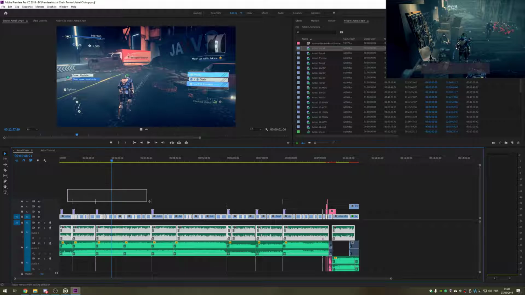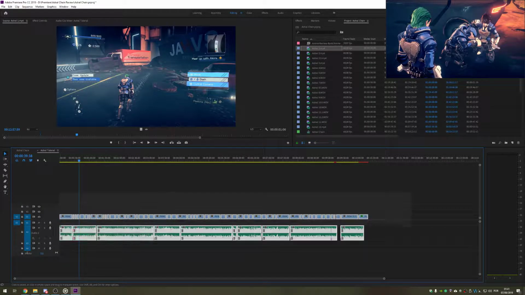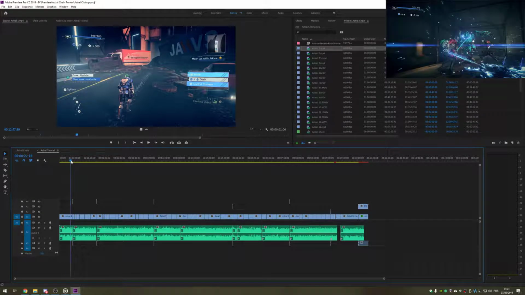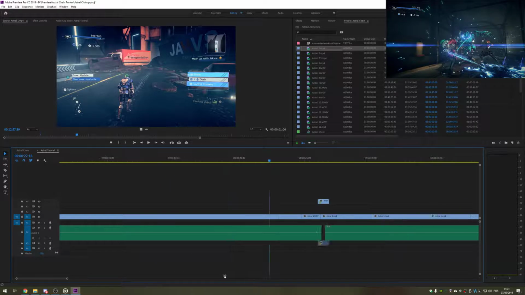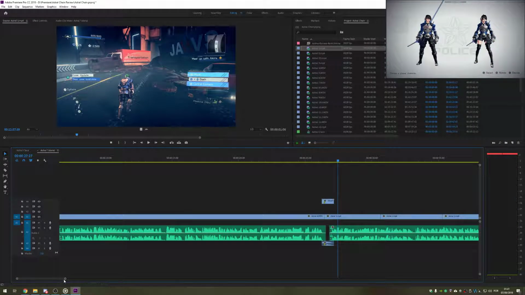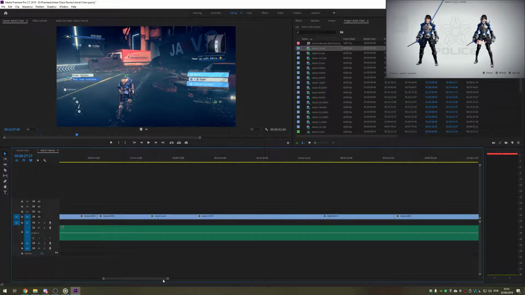So let me just shift this. Oh, God damn it. Select all this, plus all of this. All right. So what I just selected was the gameplay, the voiceover, the transitions that you just saw earlier, which are these little dots here. Let's jump into it. Everything starts right. And I added the end screen because at the end,